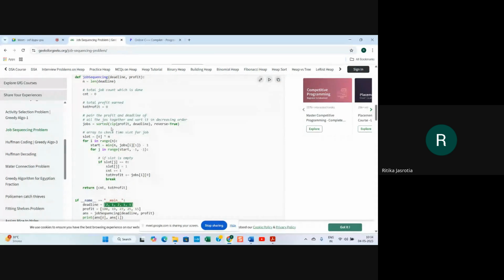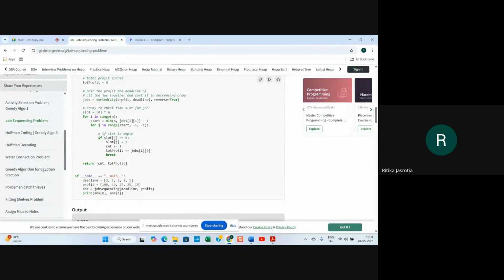Here, sorted of zip profit comma deadline. Zip is another function which helps you take two lists, profit and deadline, and it will get sorted. So profit and deadline, the two lists you have taken, comma reverse is equal to true. If you are not giving reverse is equal to true and you are saying sorted, it will sort the arrays in